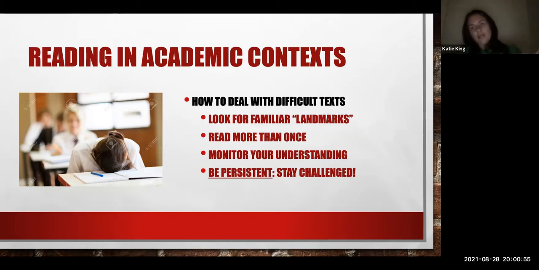Also, read more than once. This is a 4-unit course, which means you're supposed to be spending 12 hours a week on this course, right? The 4 would be the in-class online stuff that you do, and then the extra 8 are all the stuff you're supposed to do on your own. Reading, writing, et cetera. So if you've got 12 hours to burn, you can definitely have enough time to read the texts that are presented to you more than once, which you should do,